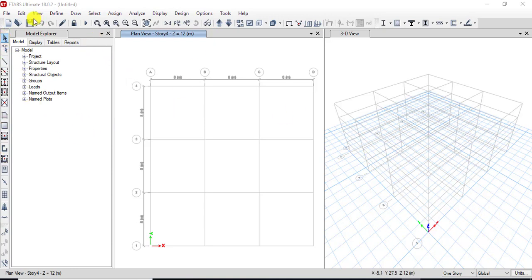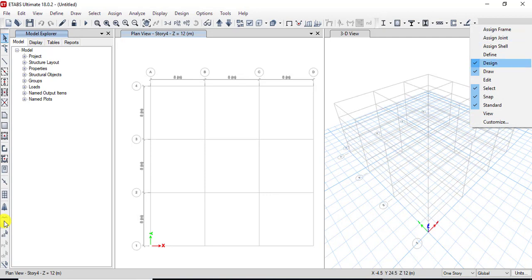As we have already discussed, below the menu bar we have a horizontal toolbar, and here we have a vertical toolbar. Under this vertical and horizontal toolbar, we have different types of tools. Let us consider if I want to hide some of the tools from the vertical toolbar. For that, right click here, or we can also right click from here, and here you can see the check mark. The check marks indicate that these are the toolbars currently visible.